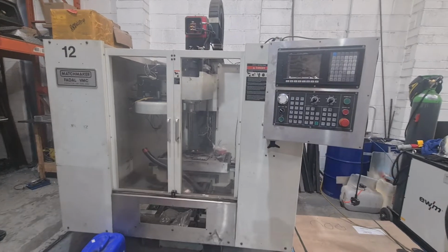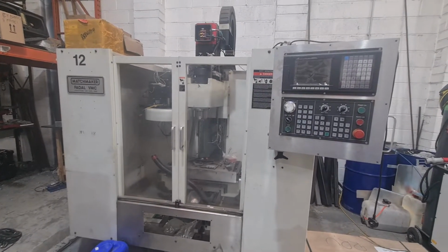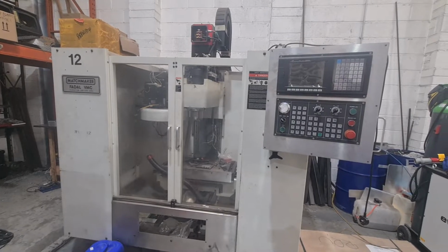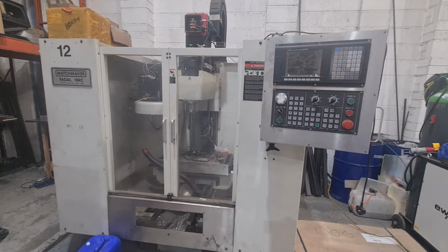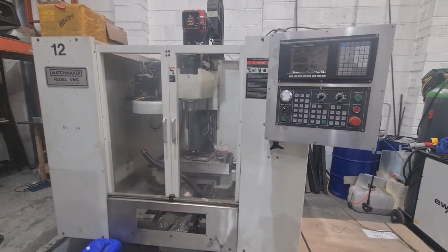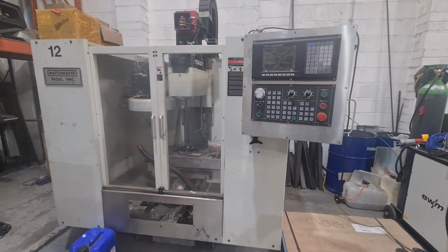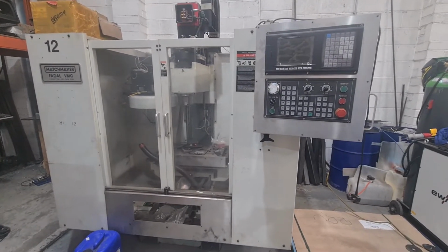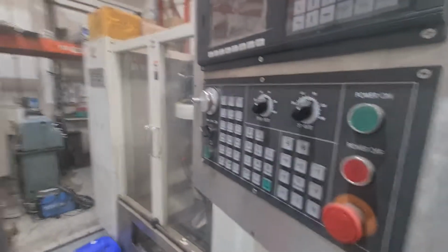Got a warm ball screw in the X-axis, so I pulled that off. I've got a little issue with the spindle. It's a bit growly on the bearing, so that needs bearings replacing in the spindle. So I left it. I didn't really have time with the routers and everything going so well. I've had to leave it. So, but what has happened, what I did do,